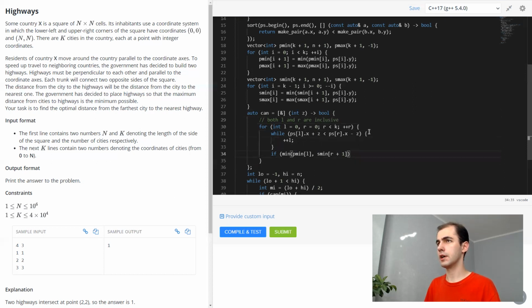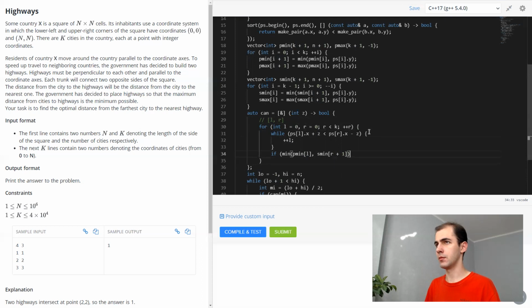And therefore I should just write it like this, right? So I don't want to take R, which means that I have to add 1 here, and I don't want to take L, which means that I have to keep it as is.